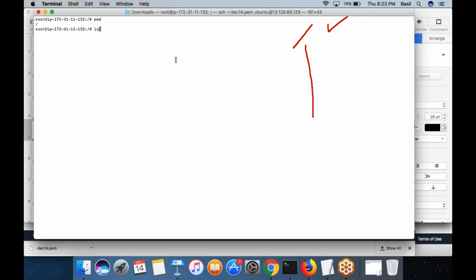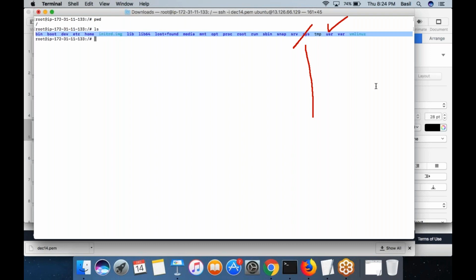And there's a command called ls. If you type the command ls, it will show you all files and folders in your current working folder. What is your current working folder? It is nothing but slash. So inside slash you have a list of folders and files that you can see here: bin, boot, dev, etc, home, lib. These are different folders. This is a file, initrd.img, vmlinuz. These are some files. Others are folders.